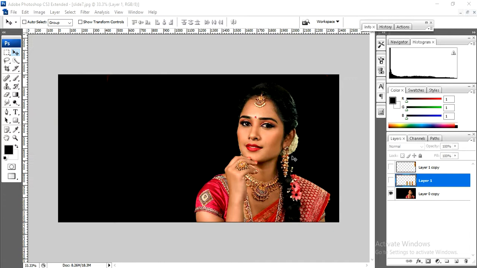A layer is nothing complicated. When you are creating certain images, or modifying something, you will do many activities. Whatever activity you are going to do, you are not going to do it in the same image. You are going to create certain separate parts. See, I'm showing one example here, just a small tutorial I'm going to explain.